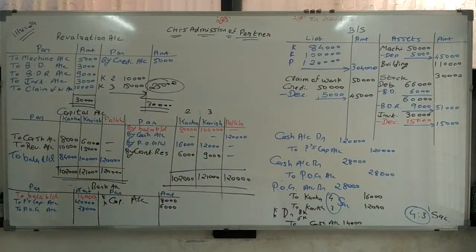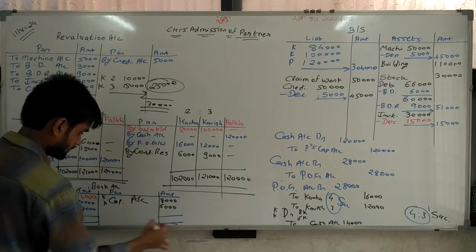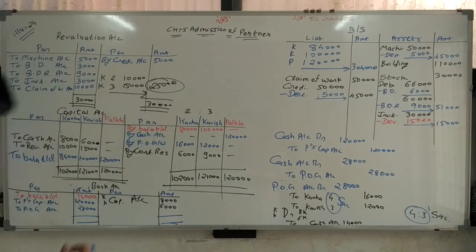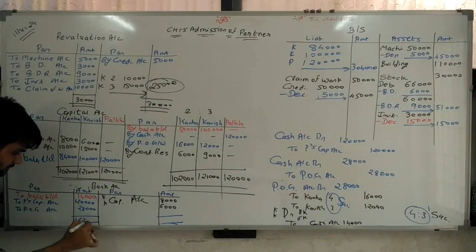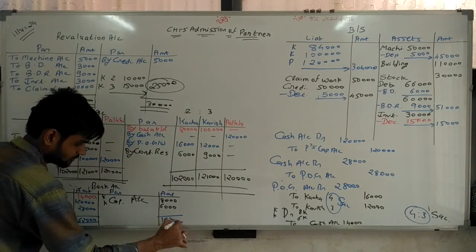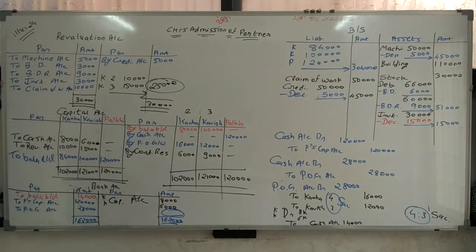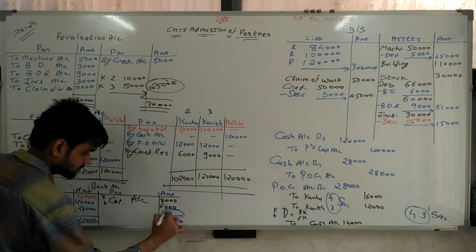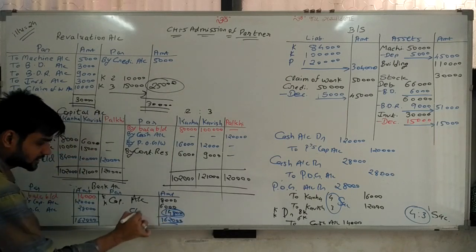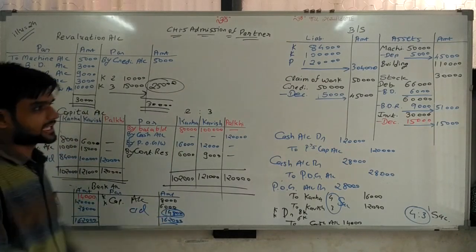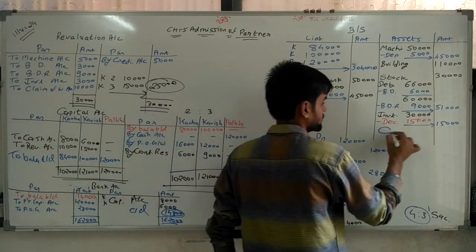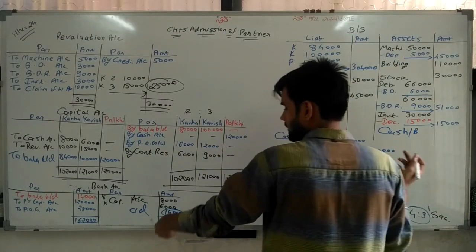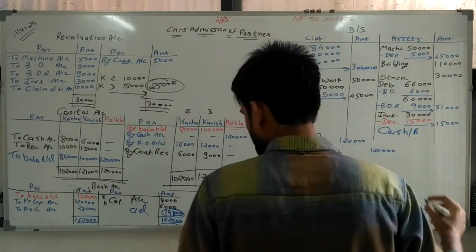Now, sir, closing the bank account. Make the total of the debit side: 14, 120, 28, 162. Finding the difference: minus 8, minus 6, 148. 148,000 is the balancing figure. Cross transferred to the debit side, but debit is here, so we are writing here cash or bank. Here the bank account is given, so you have to write bank. Bank balance 148,000.